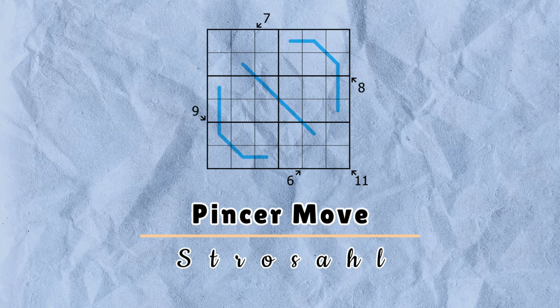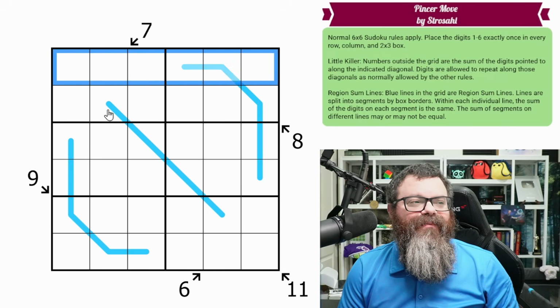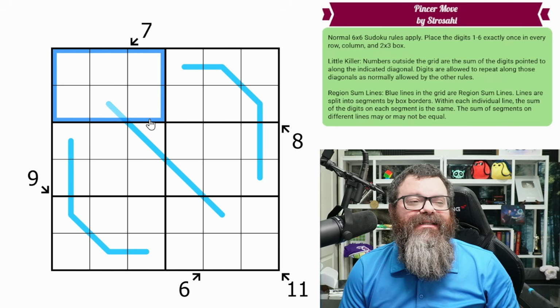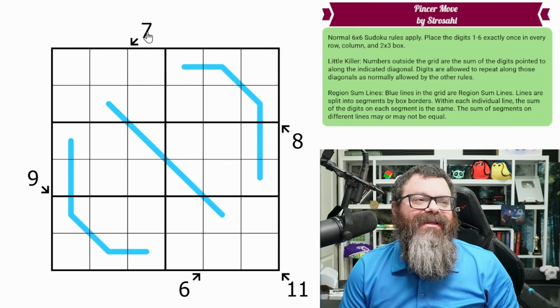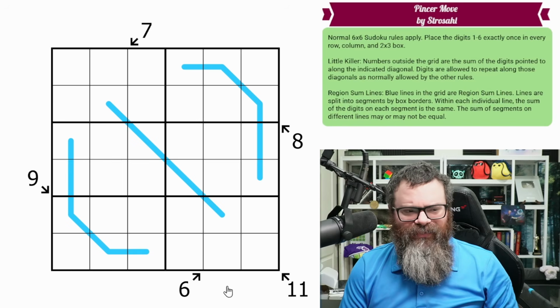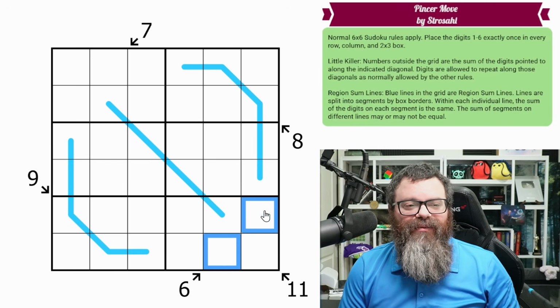Hello, let's continue our Sudoku adventure with Pincer Move by Strosahl. So we have normal 6x6 Sudoku rules. That means in each row, each column, and each 2x3 box, we are placing the digits 1 to 6 exactly once each. We also have these little killers outside the grid. So they have a number and an arrow. What we do is we follow the arrow and we hit every single cell until we reach the end of